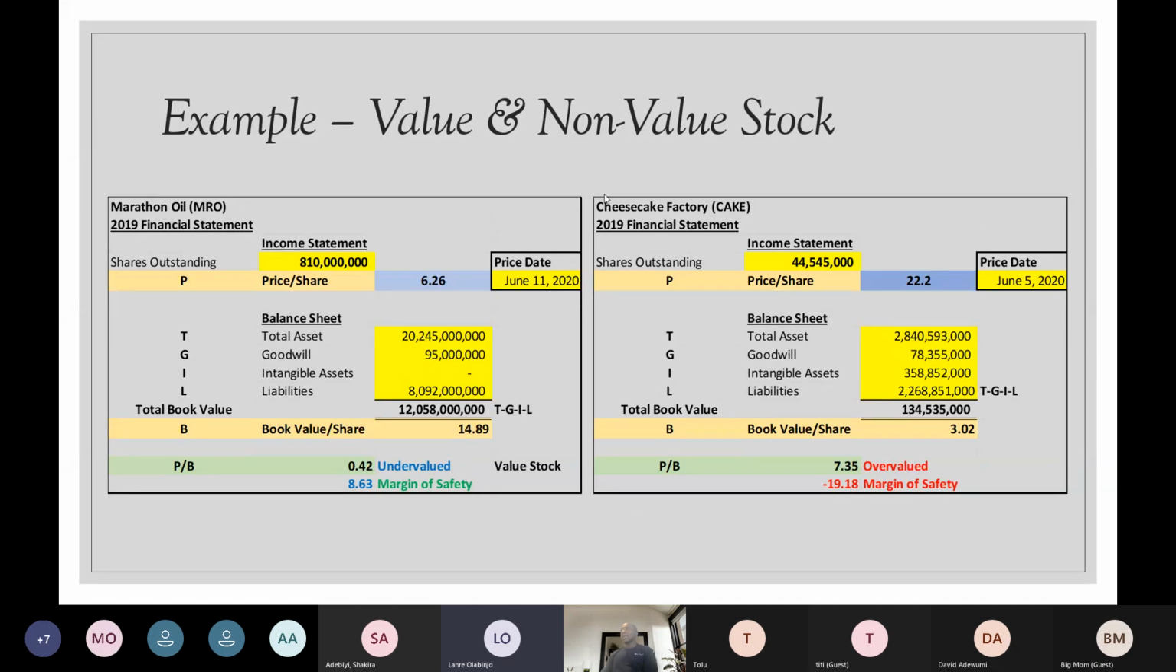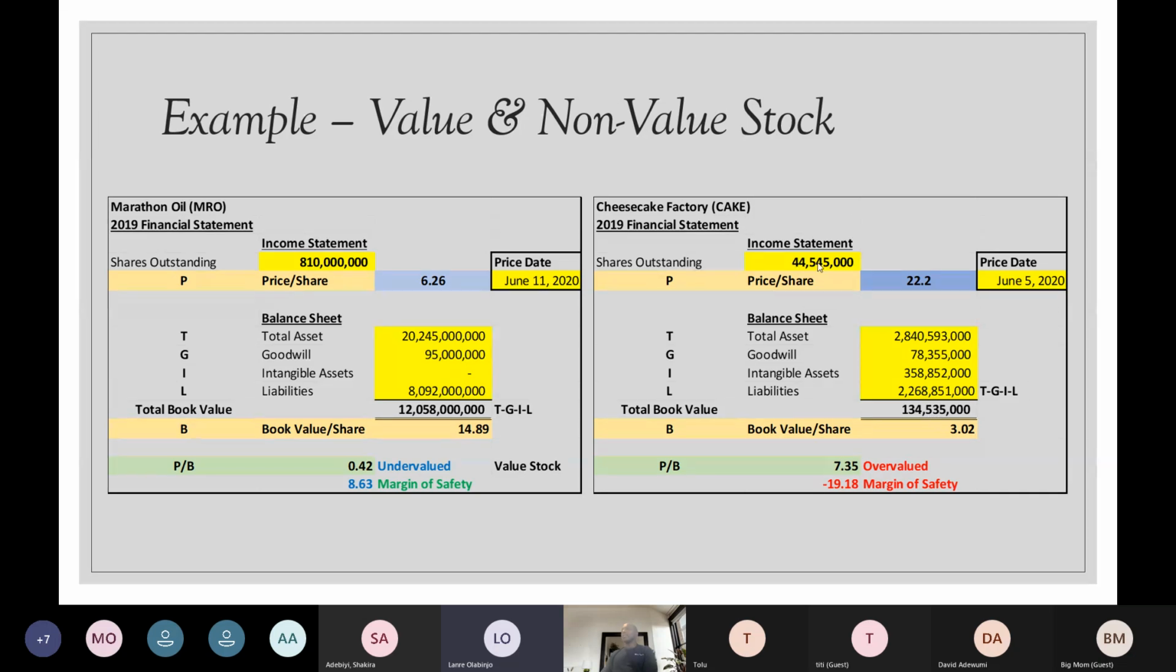Let's, on the other hand, look at Cheesecake Factory. Similar analysis, the same analysis actually. Their shares were 45.545 million. They were trading on that date for $22.20. And the same analysis of the total assets, goodwill, intangibles, and liabilities placed their book value at 13.535 million. Doing that analysis,